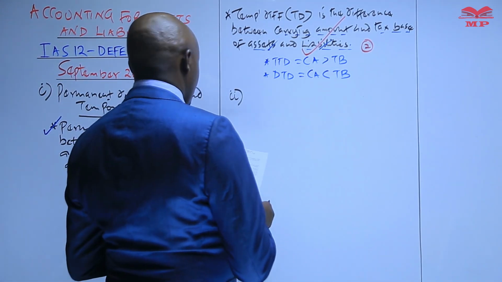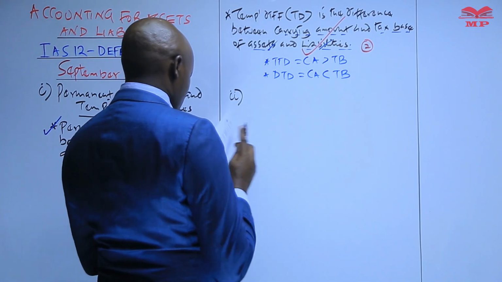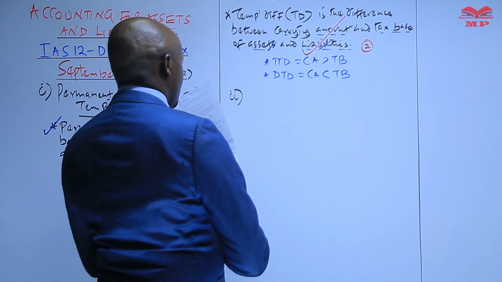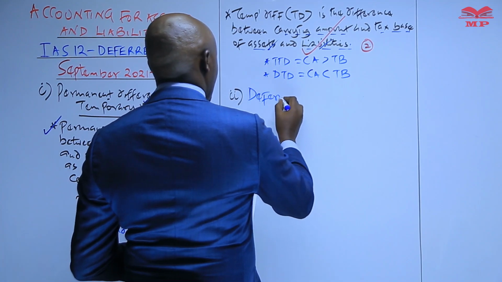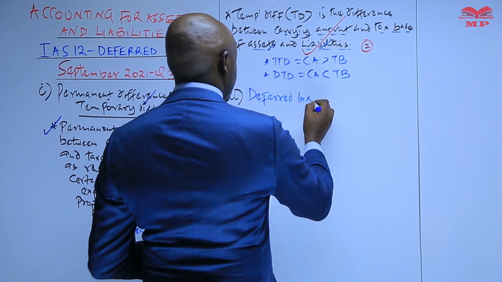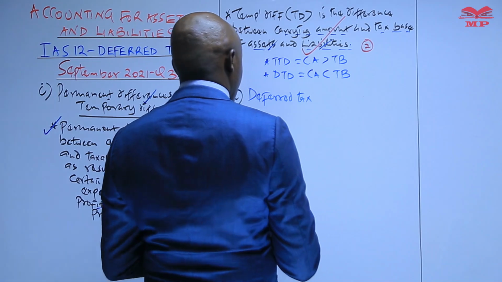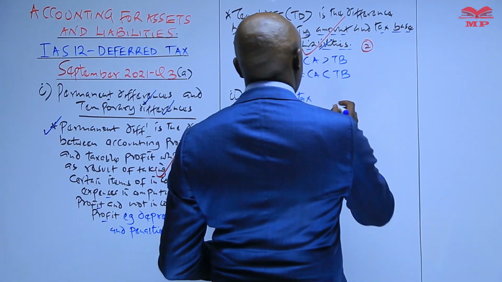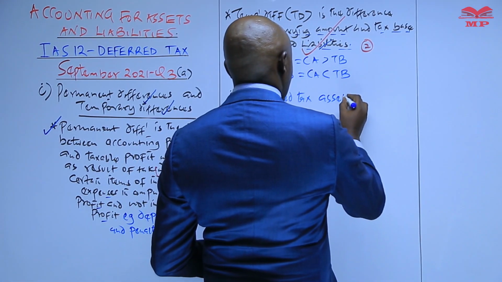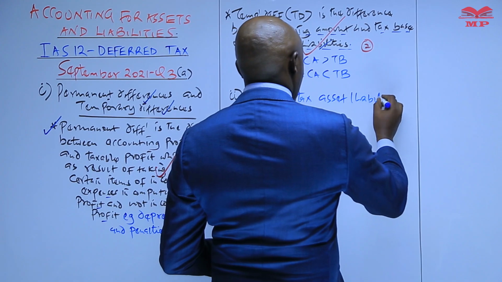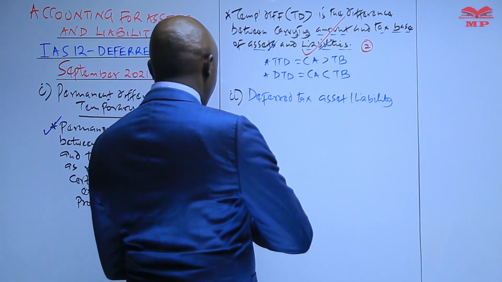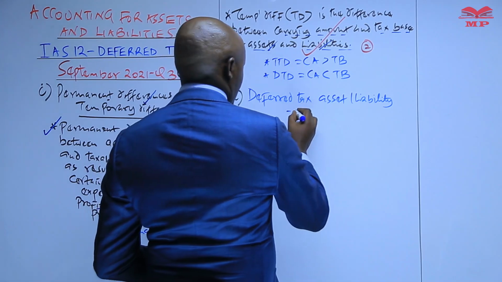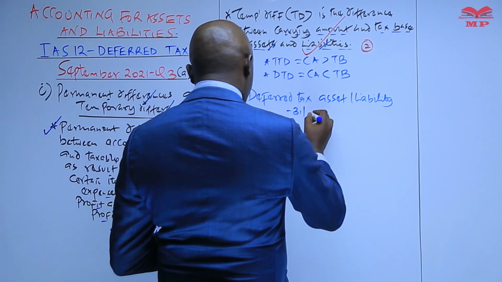But what the examiner here was requiring is for the candidates to determine the amount of deferred tax, the deferred tax asset or liability at the end of the year, which ended 31st of March